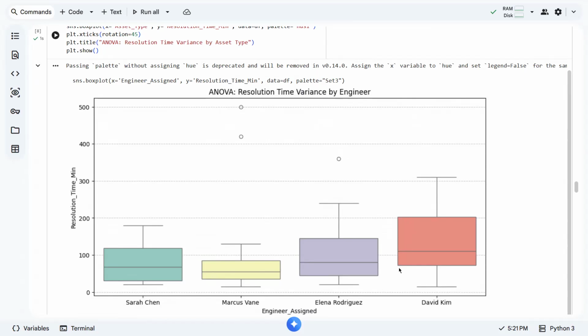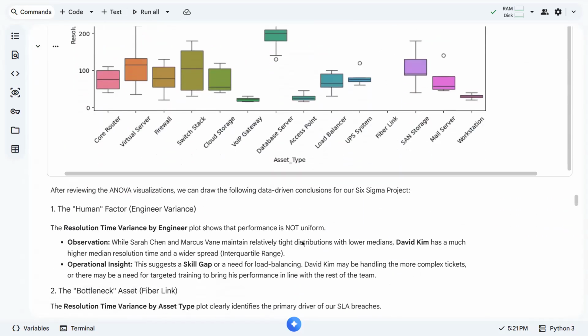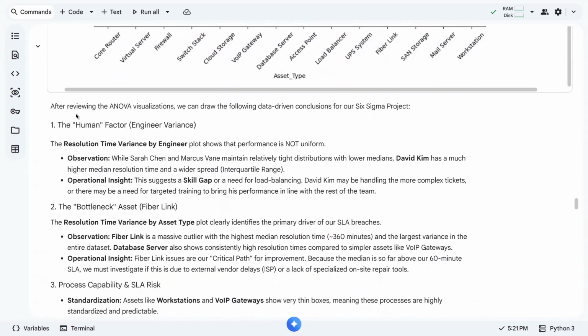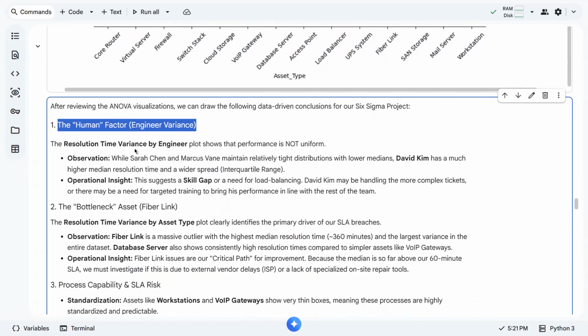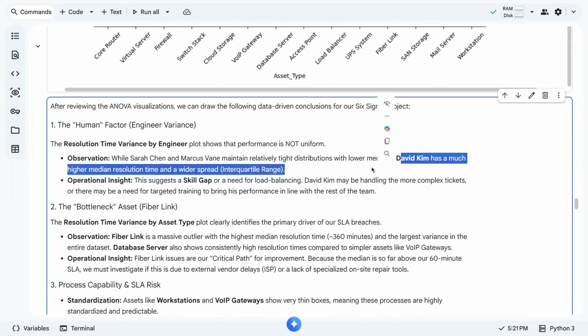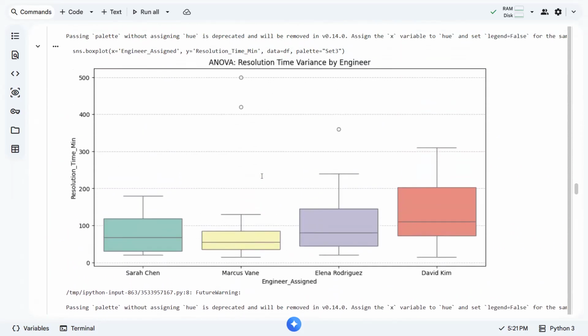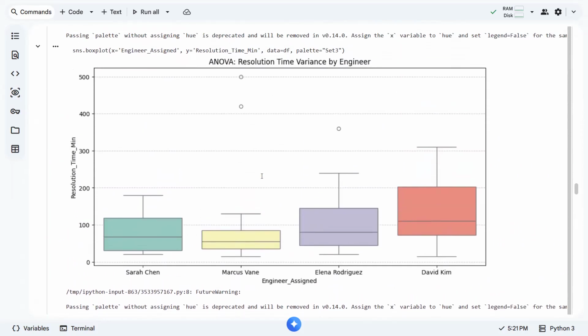So here we have the interpretation. In that visualization, it has been revealed that the performance is not uniform. For example, while Sarah Chen and Marcus Vane maintain relatively tight distributions with lower medians, David Kim has a much higher median resolution and a wider spread. So let's go into this visualization.